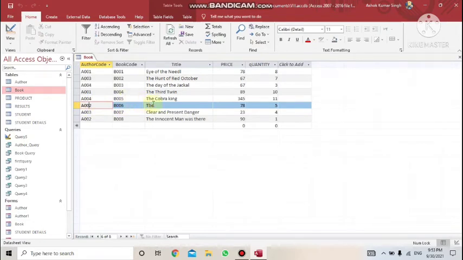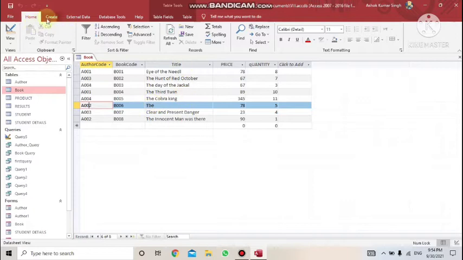Another advantage is that it will be in a pictorial way, so it will be easier for a person to enter the records there. So basically you can say a form is a pictorial representation of a table which shows a single record at a single point of time, which provides you an easier way to enter the record. You can see the previous record, you can insert a record, and you can search for a record. So let's start creating the form.